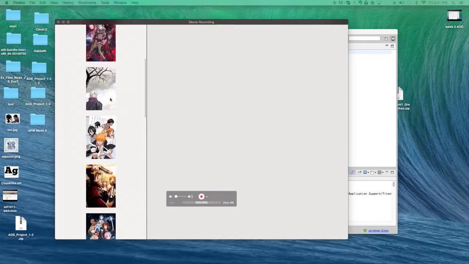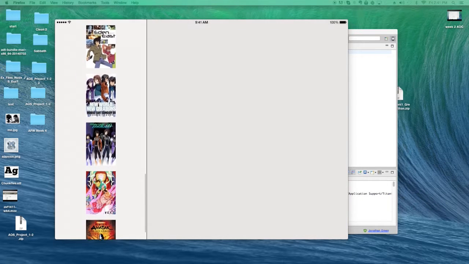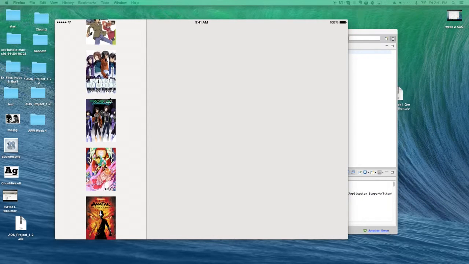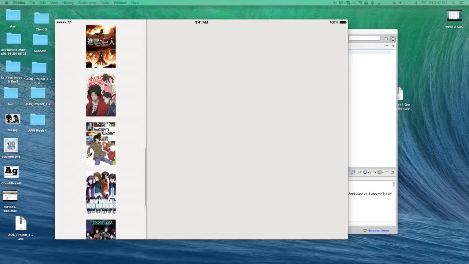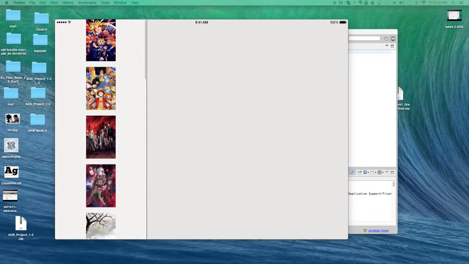So you have all these animes right here, and I plan to add a status to it so they know which ones they have completed, which ones they have on hold, and which ones they plan to drop, or which ones they're currently watching but haven't completed yet. I plan to add statuses for those so they know. But as for now, I have this in the split view window, which is only for iPad. As of now, in iOS 7, I think it is, only iPad has this view, and this app is made